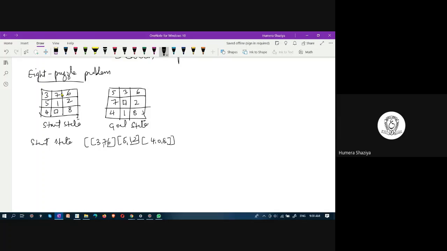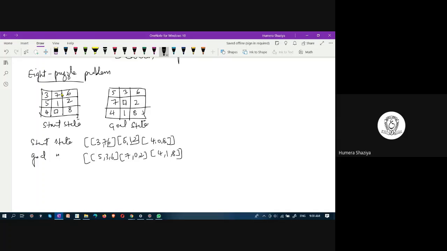This is the start state. What is the goal state? In the goal state, you should have 5, 3, 6 in the first row, 7, 0, 2 in the second row, and 4, 1, 8 in the third row.